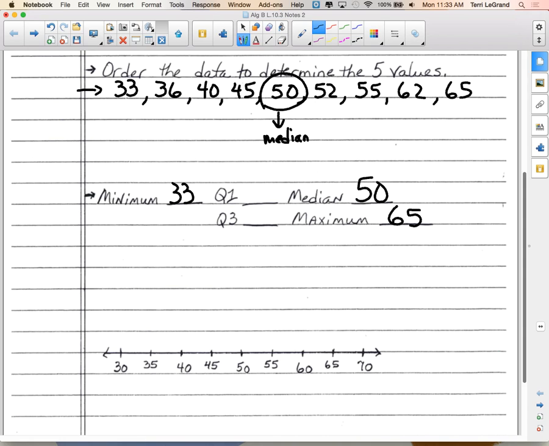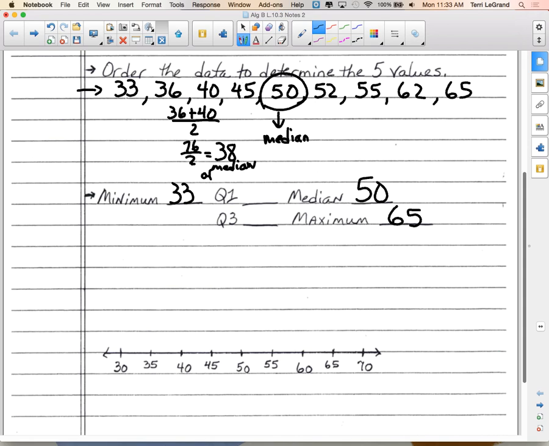Well, there's 4 pieces. Are we going to land on the median? No, what are we going to have to do? You have to add. Yeah, we have to add those 2 together and divide by 2. We have to find halfway between them. 36 plus 40 is 76. 76 divided by 2 is 38. So what we're finding is 38 becomes the median